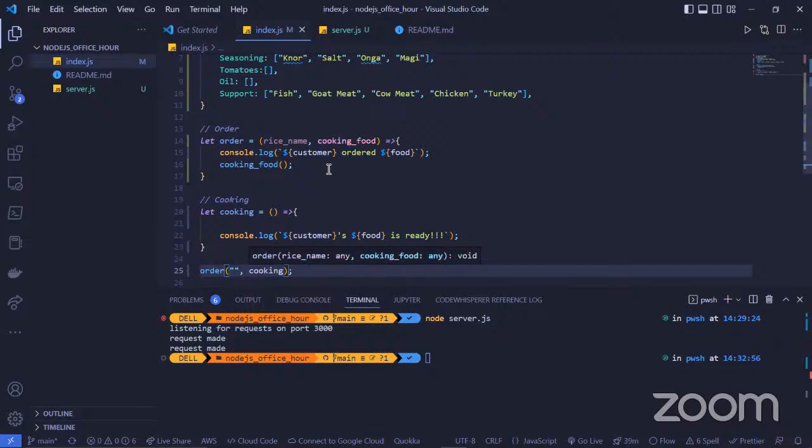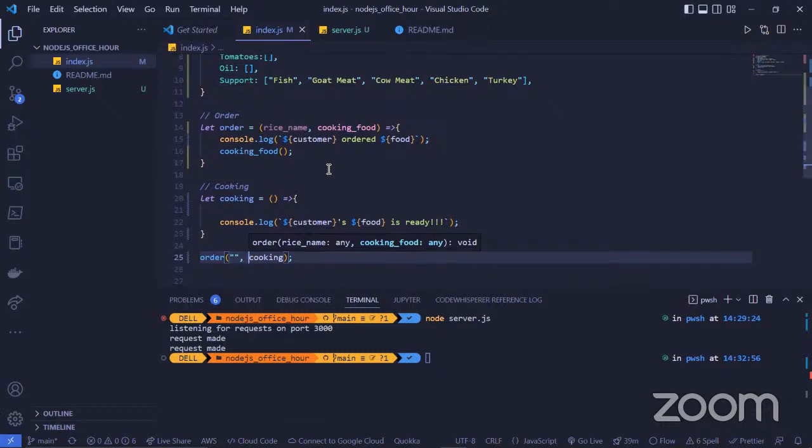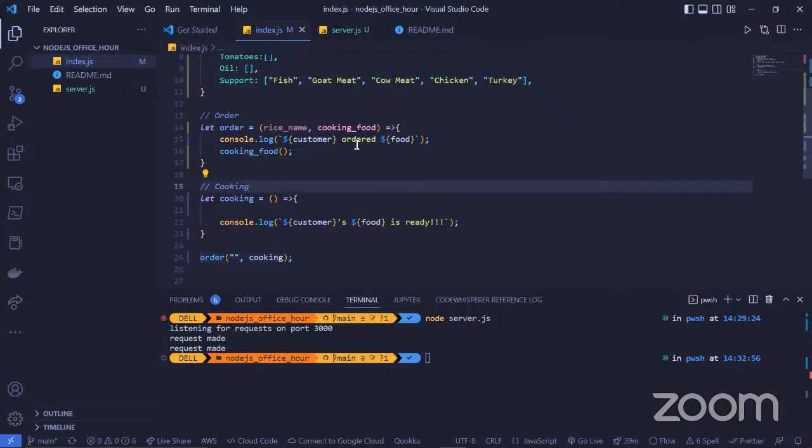From there, we can now use the set timeout function to make our orders. We can use our set timeout function like we did yesterday. Okay, that is not confusing. Okay, so cooking food.